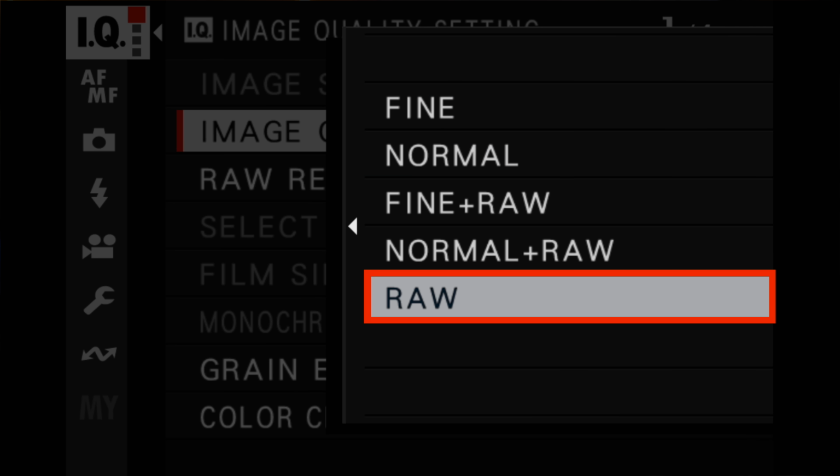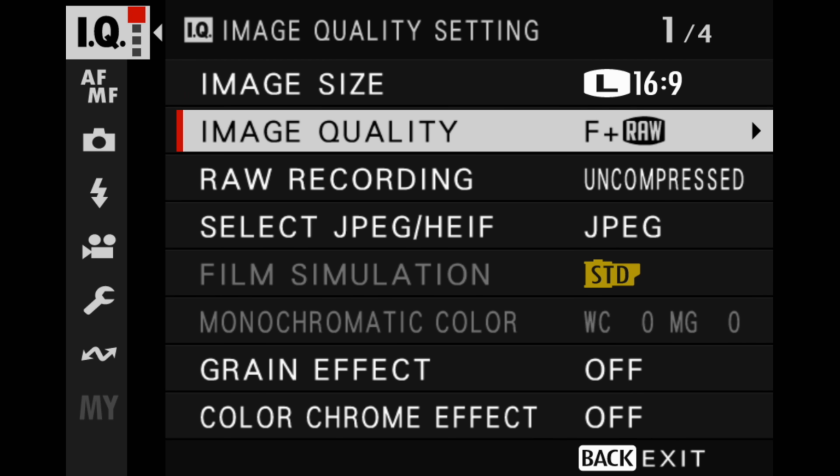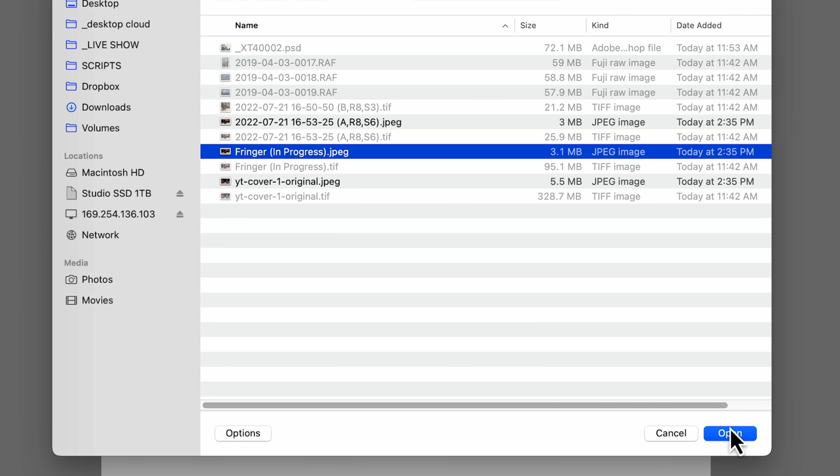So you ought to know by now that your Fujifilm camera can shoot either JPEG files, RAW files, or both at the same time. And you set the preferences for that in the camera's menu right here. A JPEG is a completely finished image that your camera fully develops and processes the second that you take the shot. Everything, such as the color, the saturation, the sharpness, the clarity, and so forth, is baked right into the JPEG image. Now, a RAW file is very different, and as I've said before on this channel, it's sort of